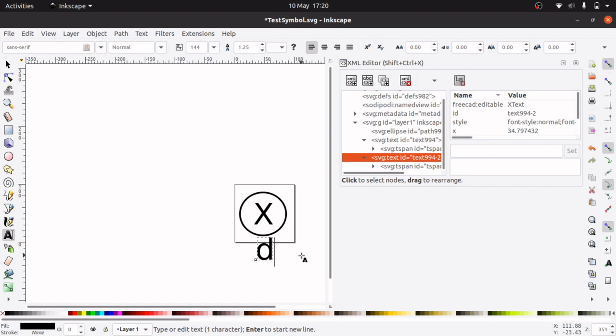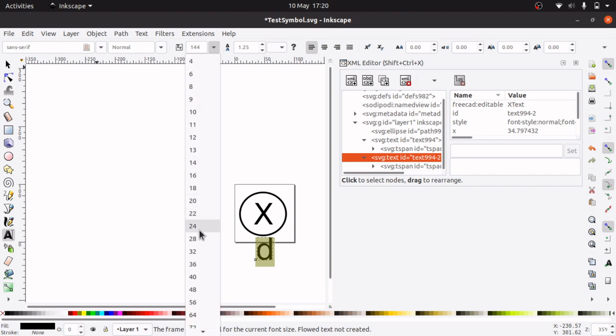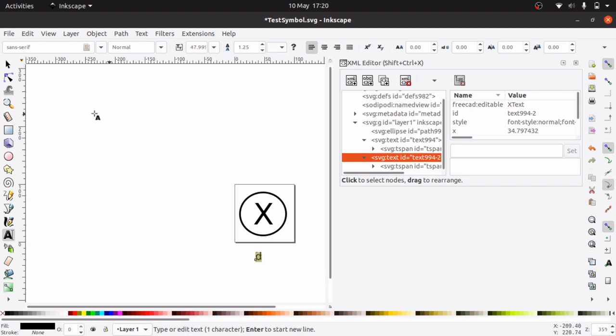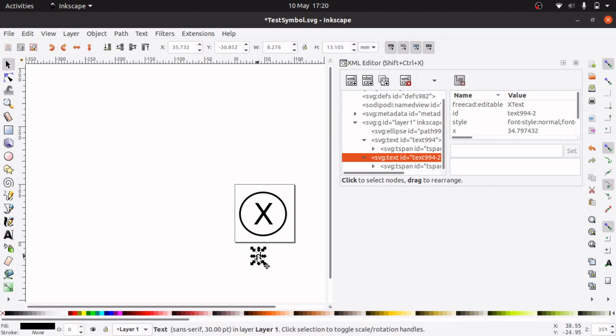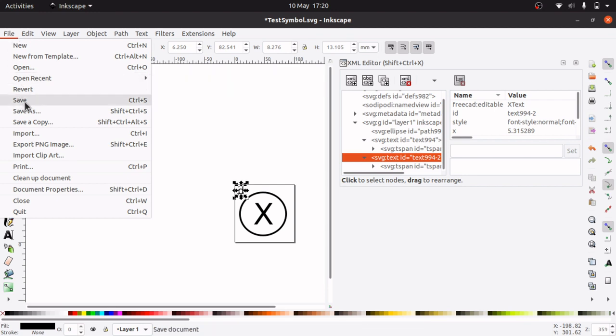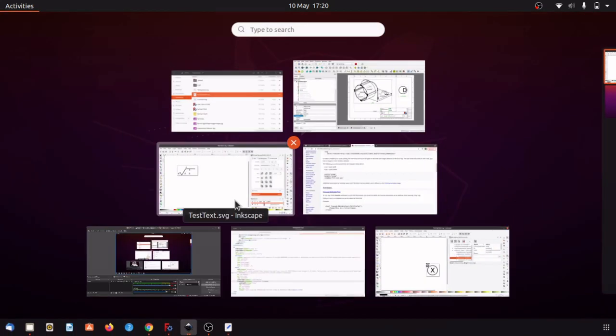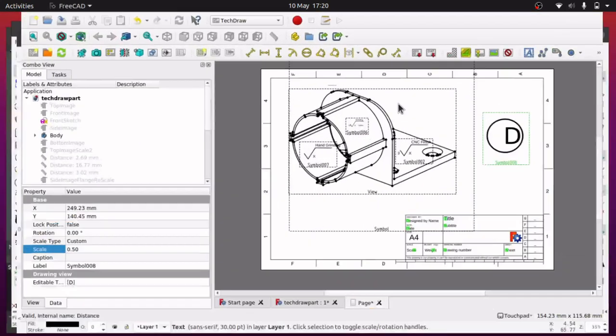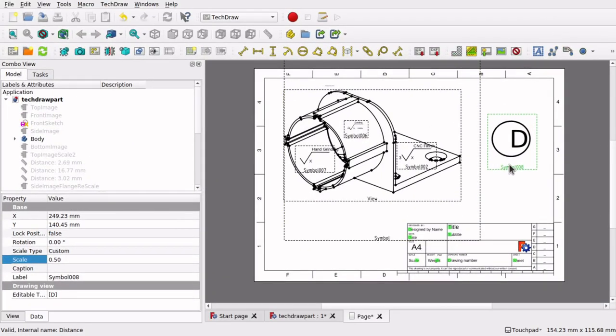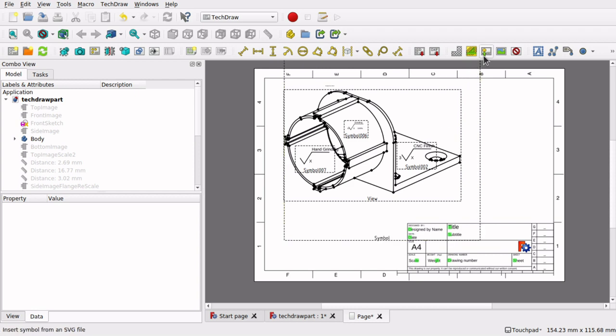So something like D and highlight it, change the size if we so desire. So I'm going to go to something like that. Place that up in the top right hand corner there. See that we've still got the attribute there, the FreeCAD Editable. When I save this, go back to my TechDraw, I'll see that symbol won't update. As soon as I stick a new symbol in,